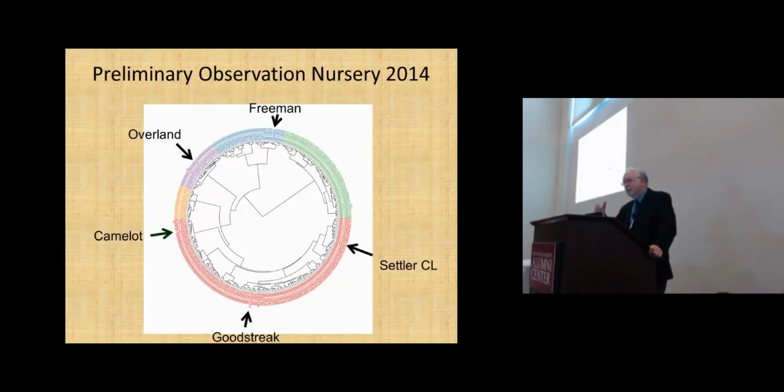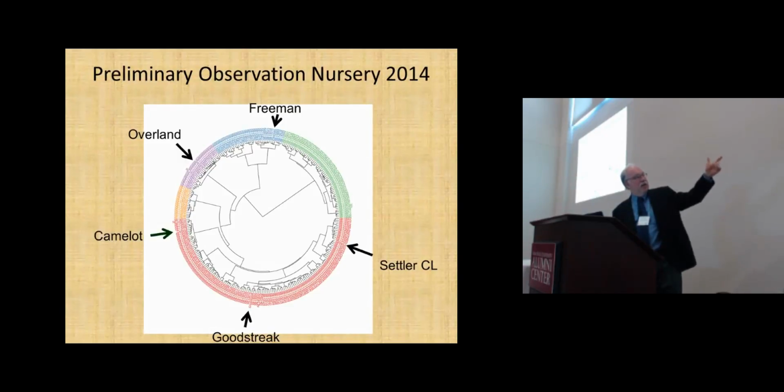This is last year's preliminary trial. We do a lot of genomic selection. One of the things you can do is look at it for diversity. We're always trying to make sure that we are keeping our diversity. If you look at the bottom, which is in red, you can see that's the main lineage of the Nebraska gene pool.